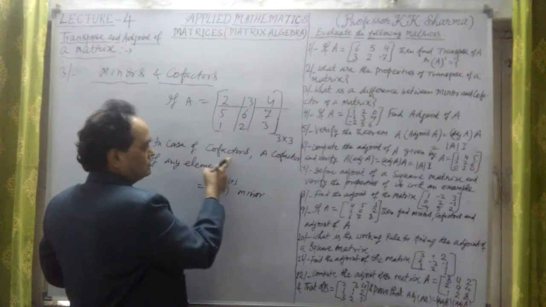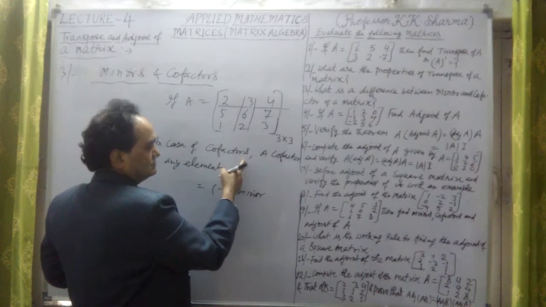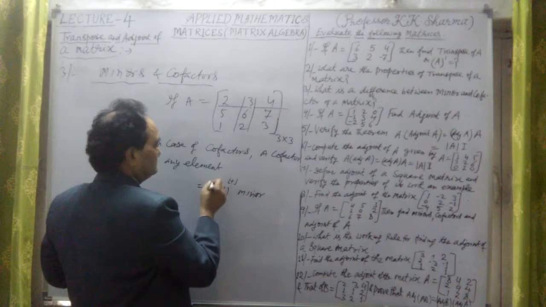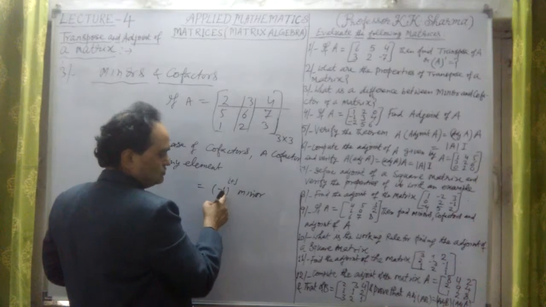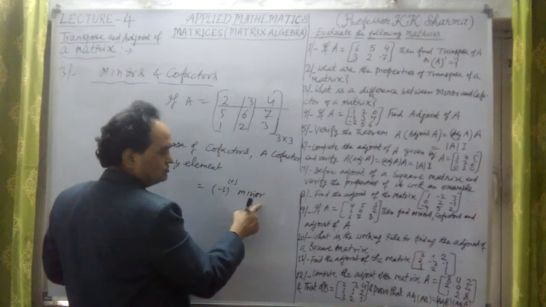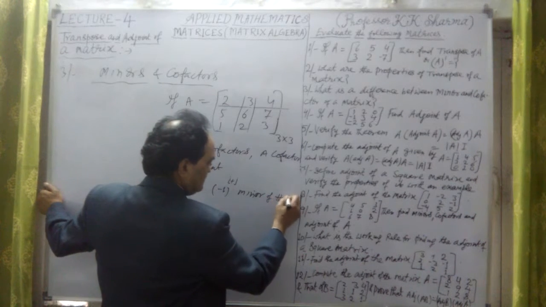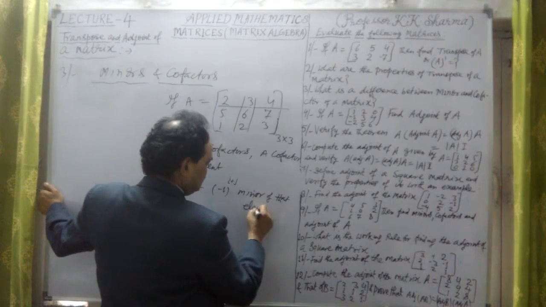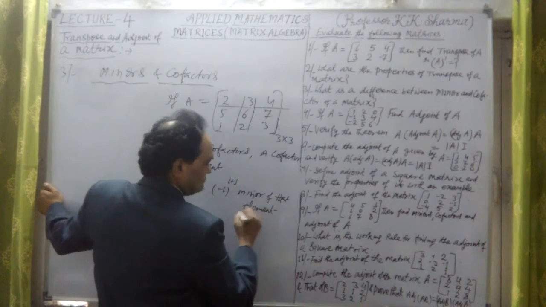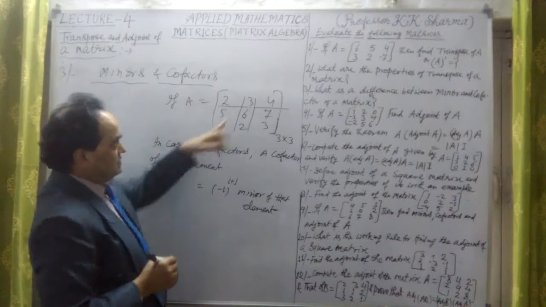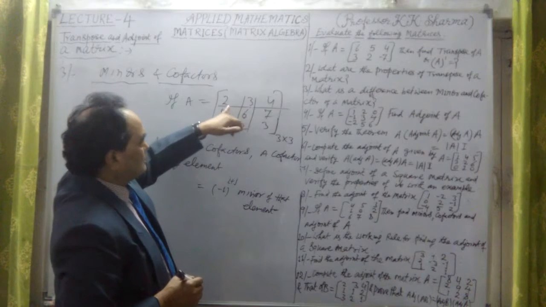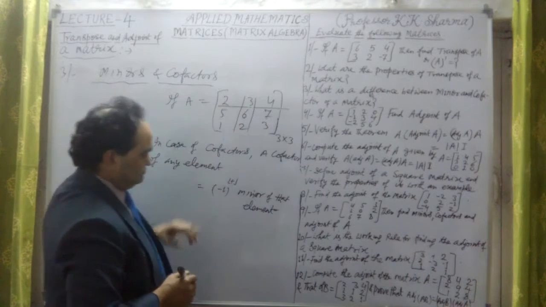Okay, so in case of cofactors, the cofactor of any element is equal to minus 1 whole power i plus j into the minor of that element. What does it mean? In this case, suppose I have to find the